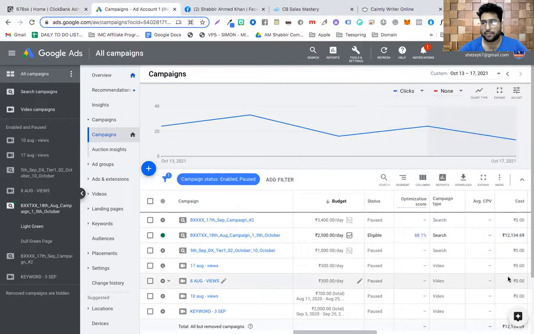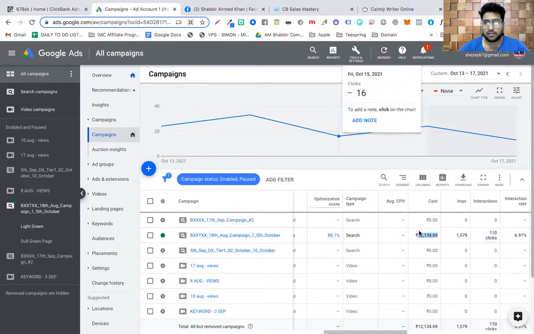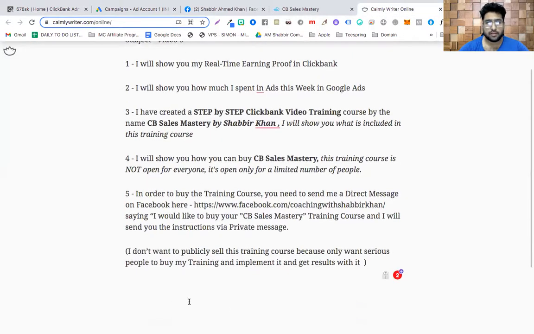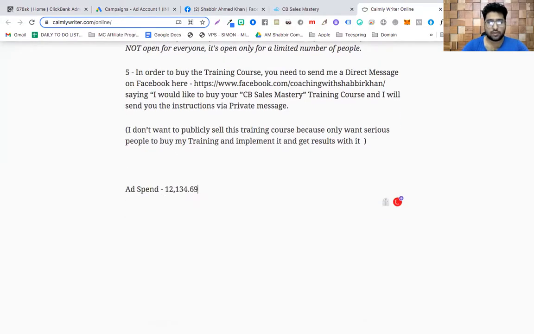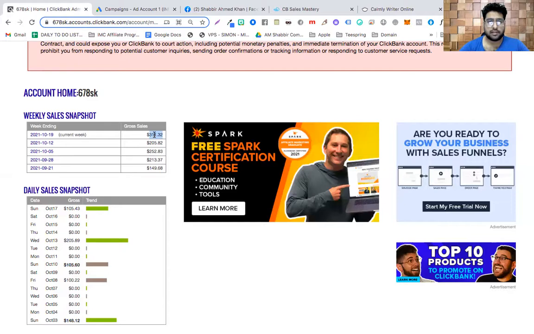I'll click apply, and as soon as I click apply, you can see that I have spent 12,000 rupees in Indian currency here. So my ad spend is 12,000 rupees. And the money I've made this week is $311.